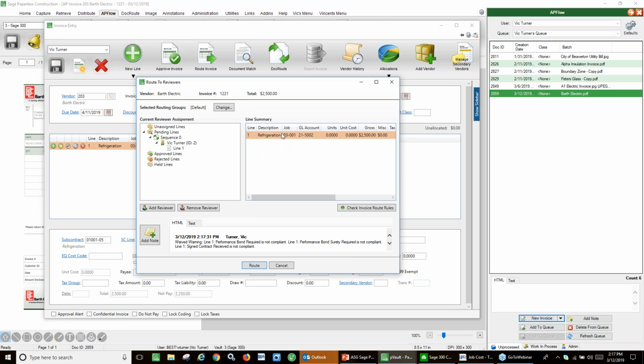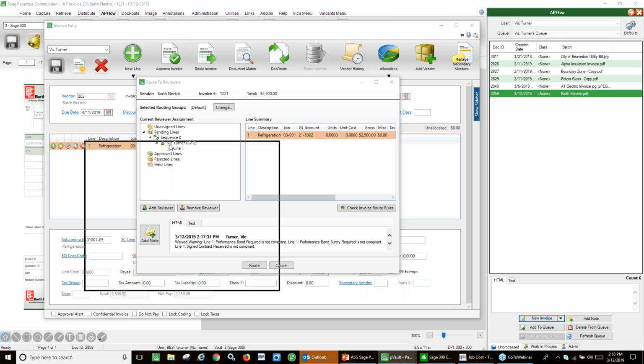And it could look at the GL number. So you could have routing rules that say this range of general ledger account numbers, or if anything that's over a certain dollar amount gets routed to people, you can have multi-layered routings. It's also, as you can see, keeping a history here of the compliance items. So from this day on, anytime I retrieve this from the vault, I'm going to know who touched it, any warnings that I got,